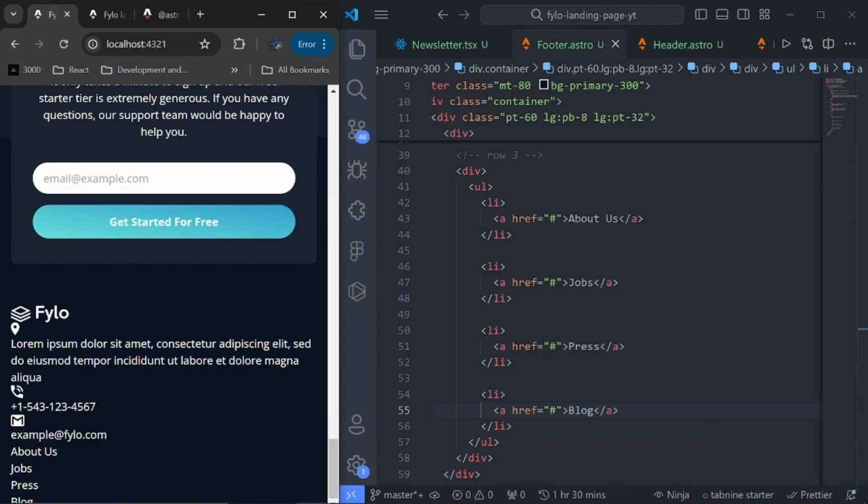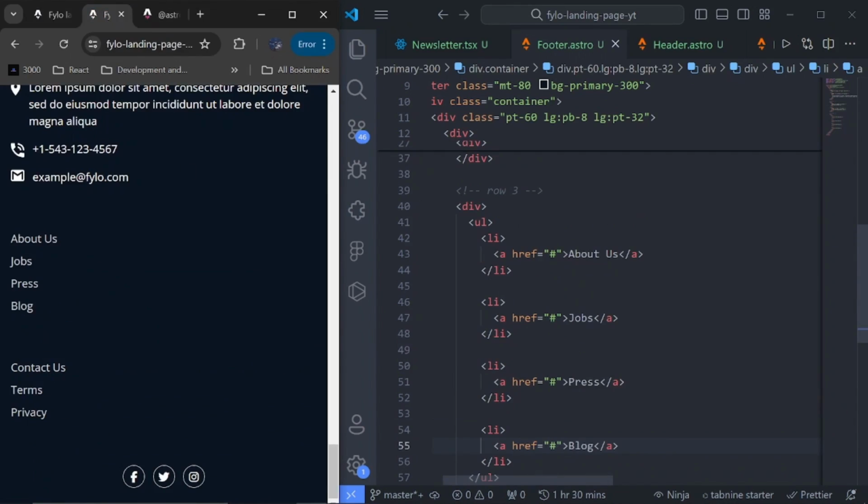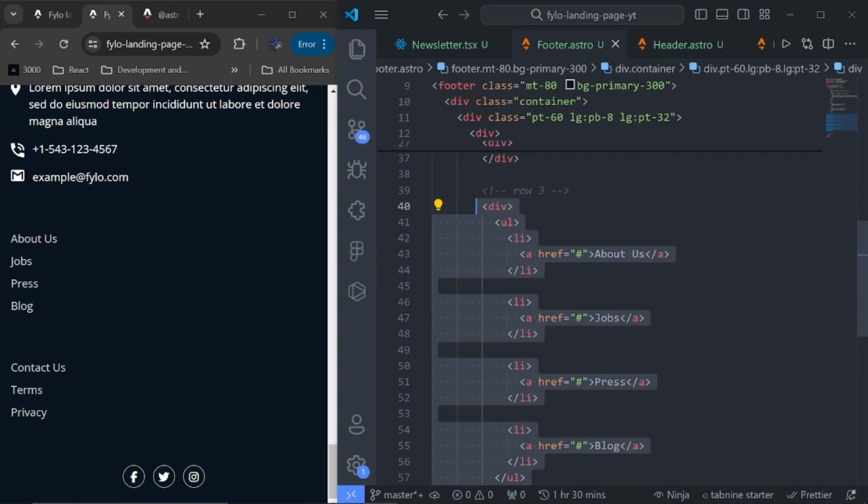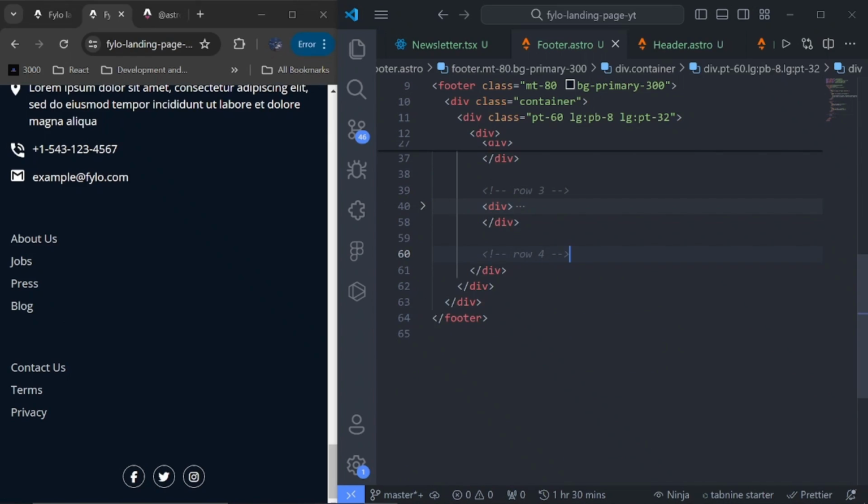All right, cool. Now for this last one, we'll still actually copy this again. So let's just comment it now and make it row 4. But we won't copy it down because the styling for both of them is the same. So once we style this, we'll copy it down and continue from there. So for these social icons right here, we'll just call that row 5,